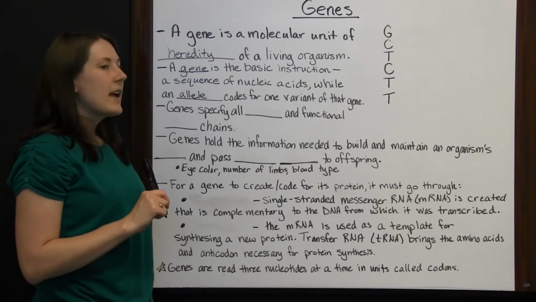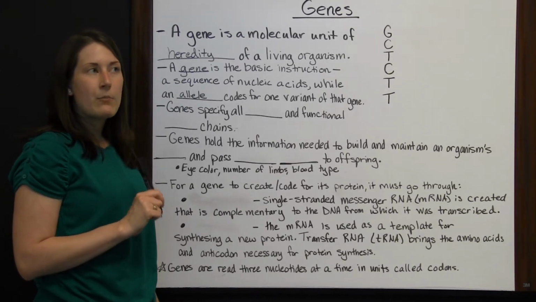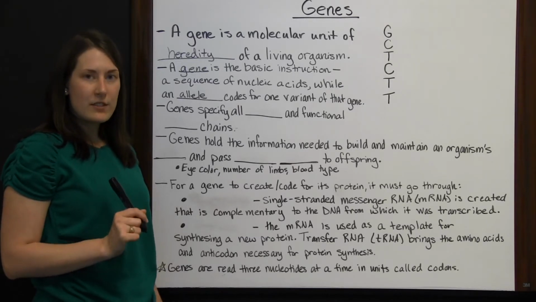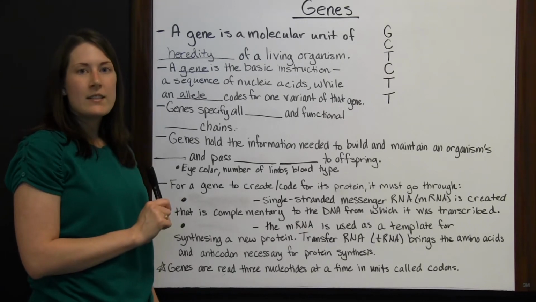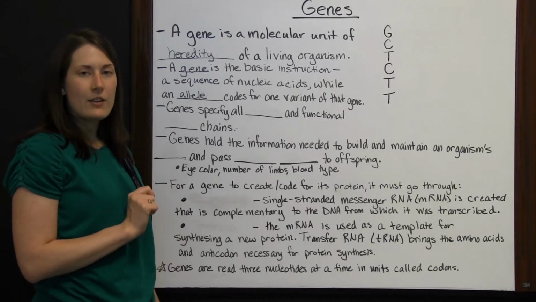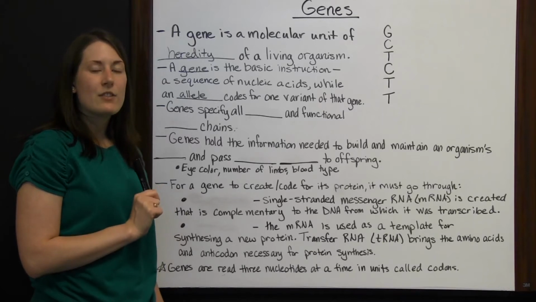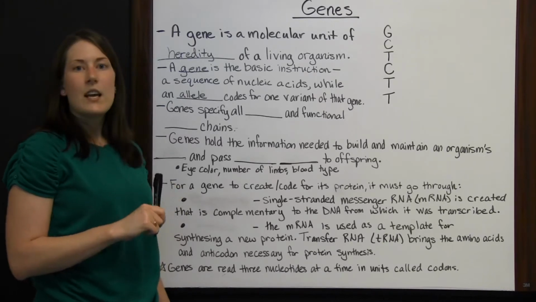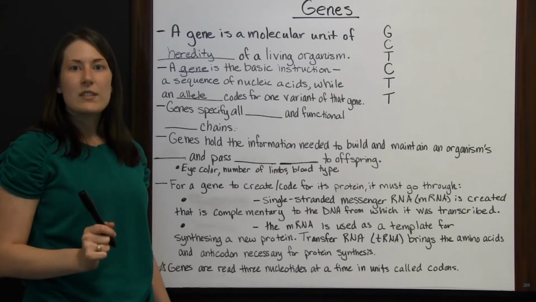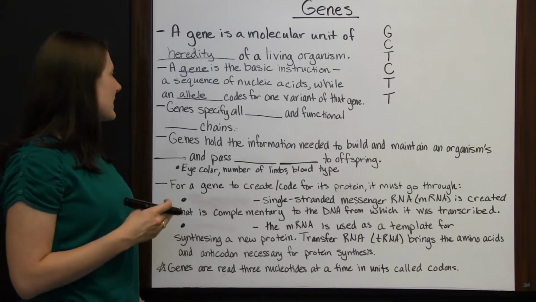For instance, if you have two parents that have brown eyes, you could still end up with blue eyes because blue is a recessive gene. So both of your parents had one dominant and one recessive brown and blue eye color allele. The brown would have been prevalent in both of them. But since they both had that recessive blue allele present, you could still end up with blue eyes because of the recessive alleles combining.